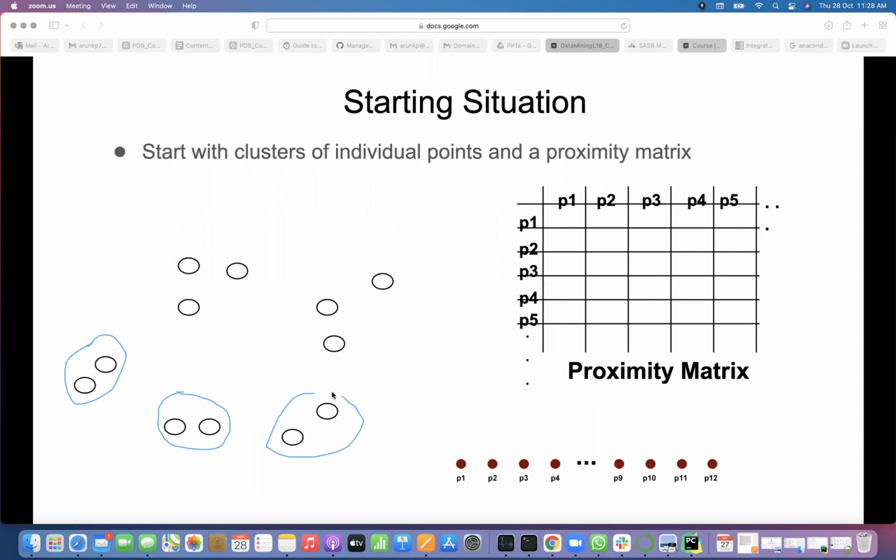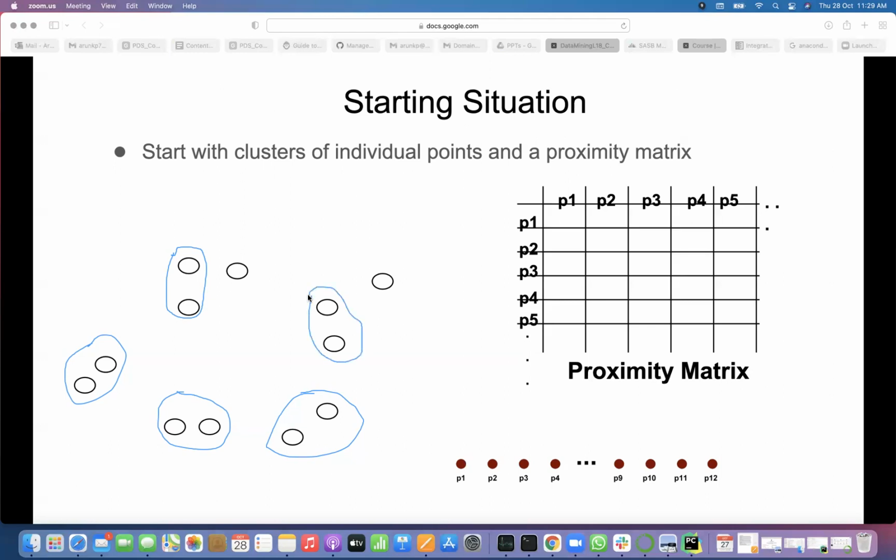Okay, I'll go with this. Then I will go with this. Okay. If I know that the minimum distance of either point is my proximity between clusters, then the fourth one may be this.